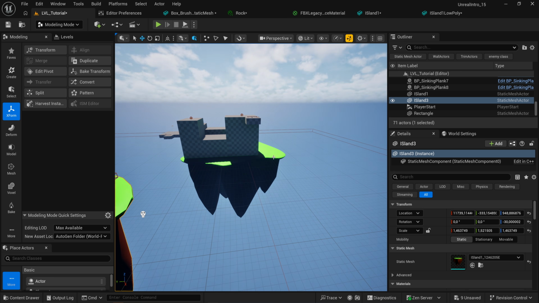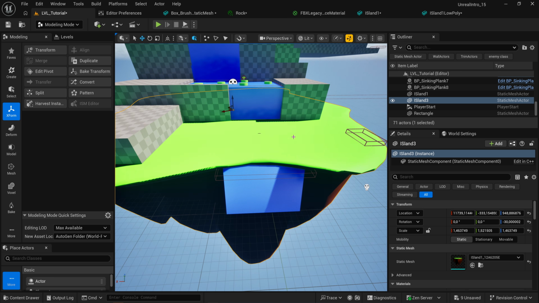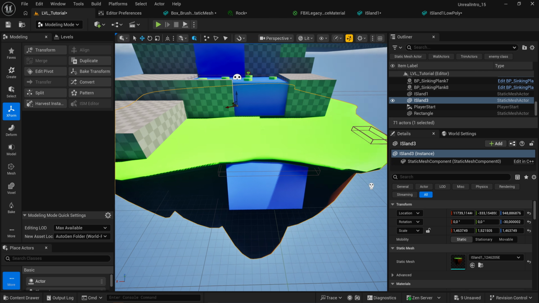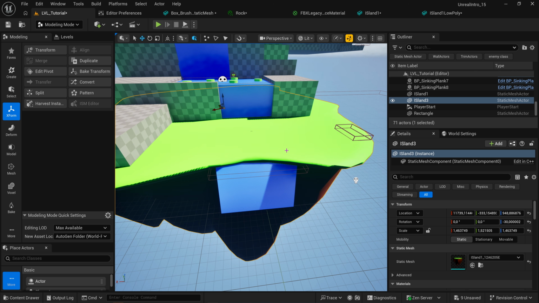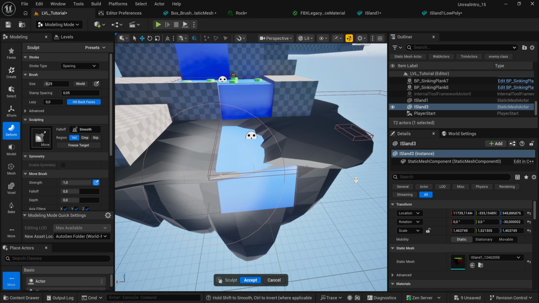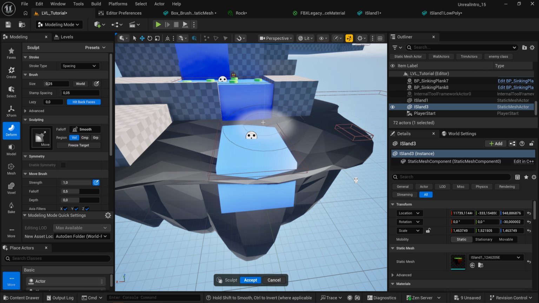If I now re-import this one, it's not going to reflect any changes in here either. So if you're making a mesh that you think you're going to be tweaking at a later date, this essentially decouples them from each other. These two are not related in any way, shape, or form anymore at all. But the upside of that is that I can go into Deform, Vertex Sculpt, and I can say, just pull some of these vertices down a little bit, and we have, more or less,